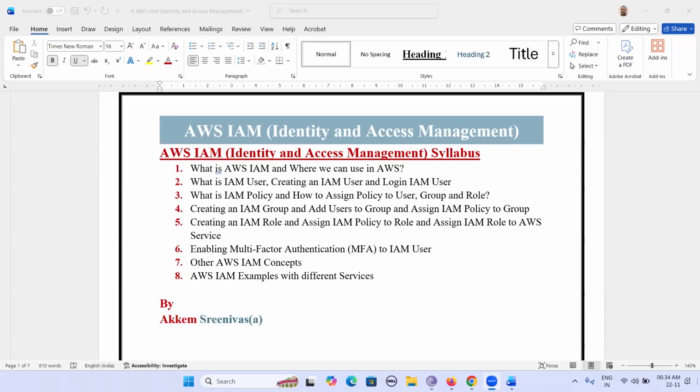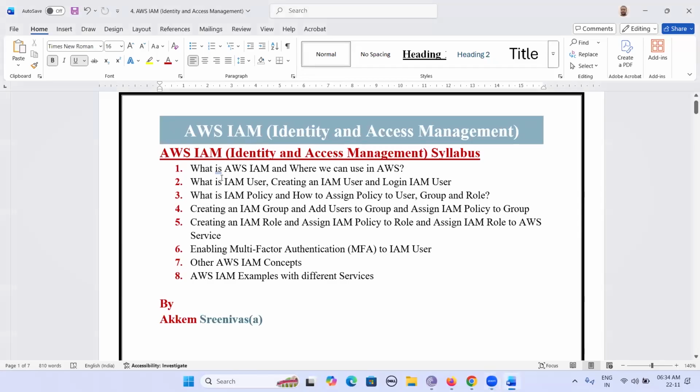For one administrator, we want to give all access so that he will take care of creating users, assigning policies, and other activities. Instead of using my root admin privileges, I want to give admin privileges to one of the administrators. First, I will create a user, then I will give full access to admin activities. Then he is going to create the developers and testers, related users, and finally he starts giving